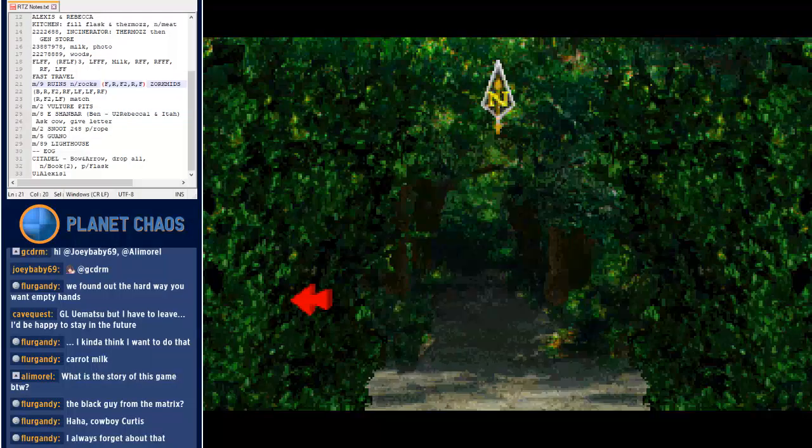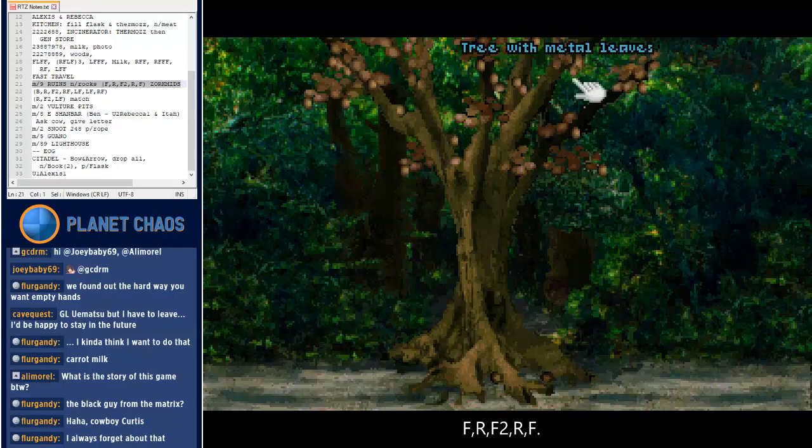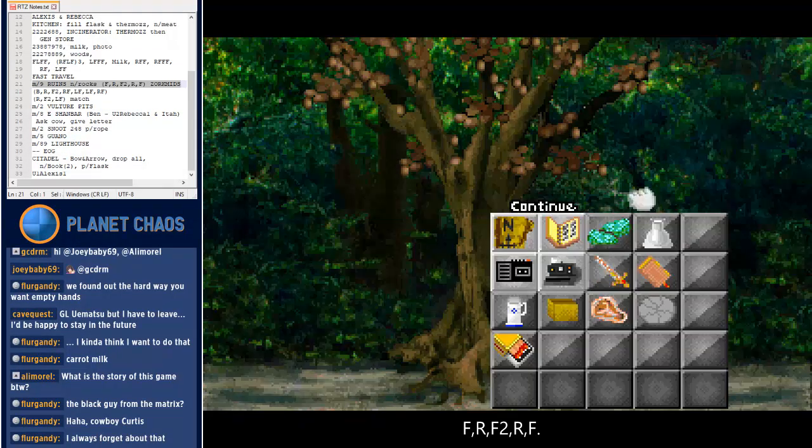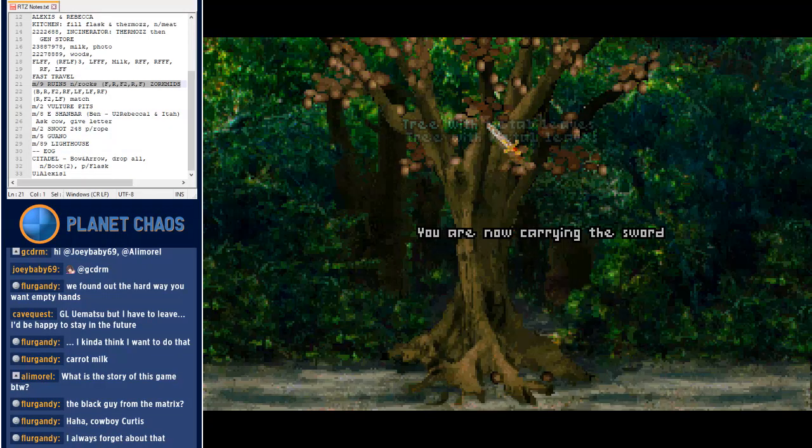Then we need to come in here, and in the notes it says forward, right, forward, because this is F2, so forward, right, forward. That takes us to the money tree. Yes, money literally grows on trees in this world, so we need to pick up the sword. A witch's stick would also work, but we don't have it, so...